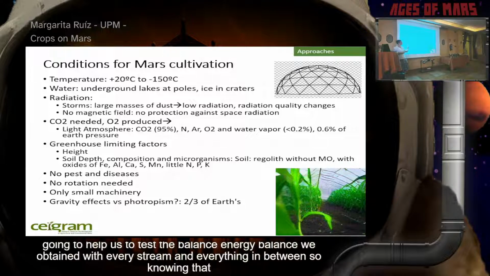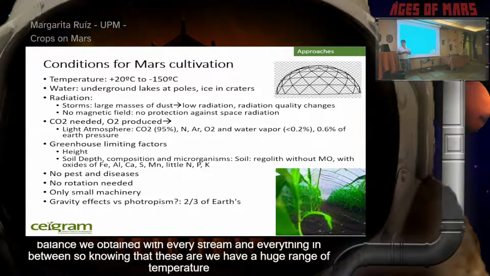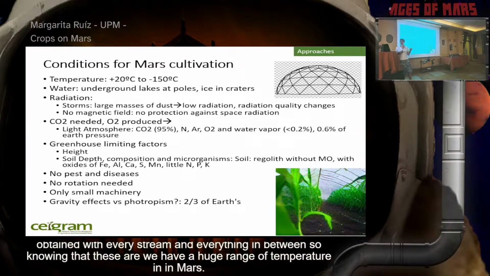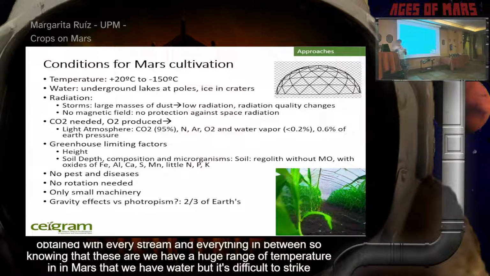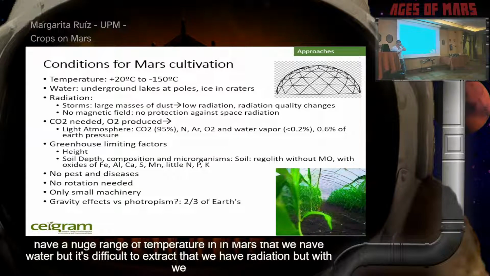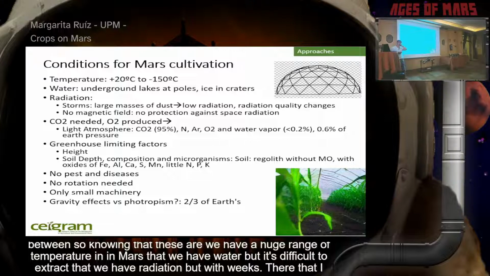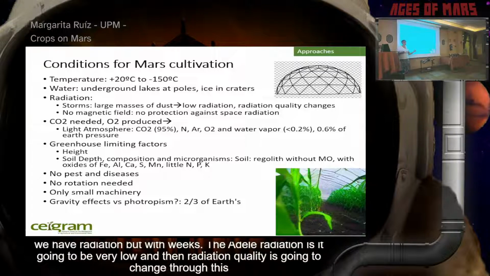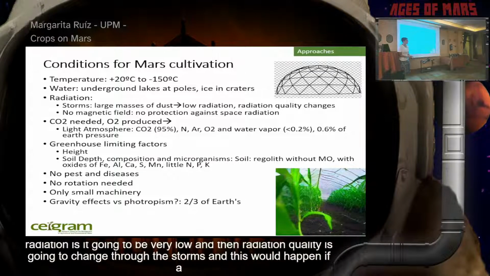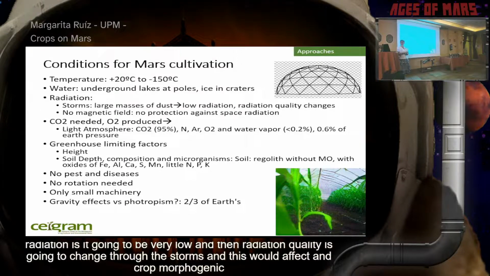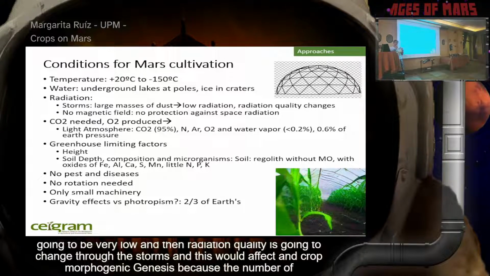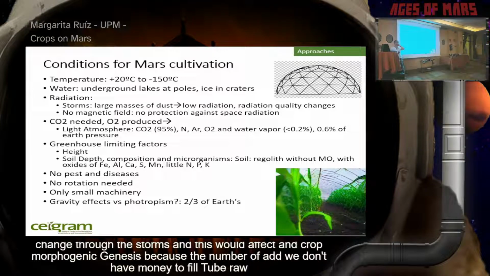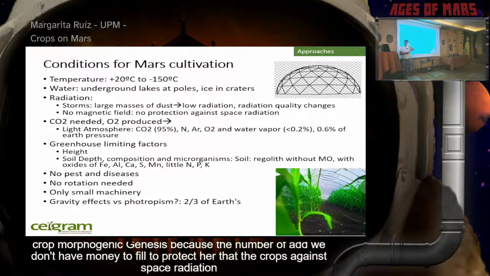So knowing that we have a huge range of temperature on Mars, that we have water but it's difficult to extract, that we have radiation but with weeks when the radiation is going to be very low, and the radiation quality is going to change through these storms, and this would have an effect on crop morphogenesis, because the number of organs and the shape of the organs is going to be different, because we know that radiation quality changes that. We don't have a magnetic field to protect the crops against space radiation and preserve the DNA